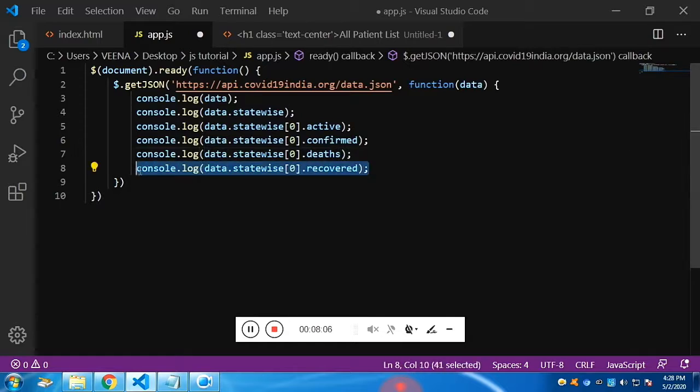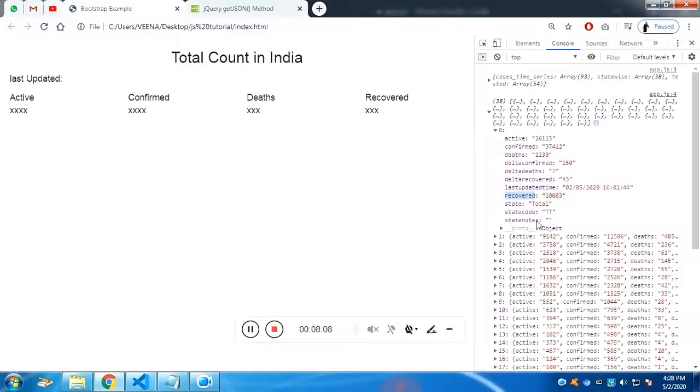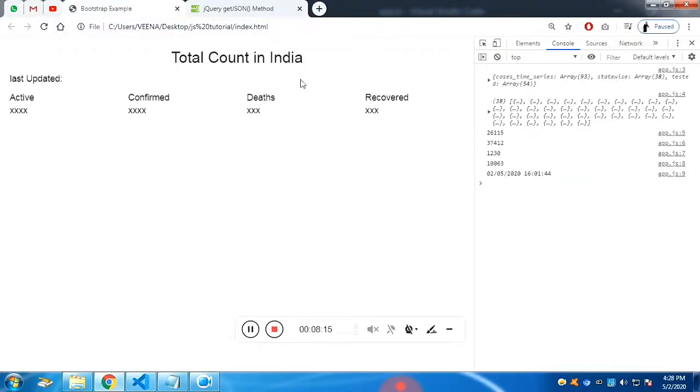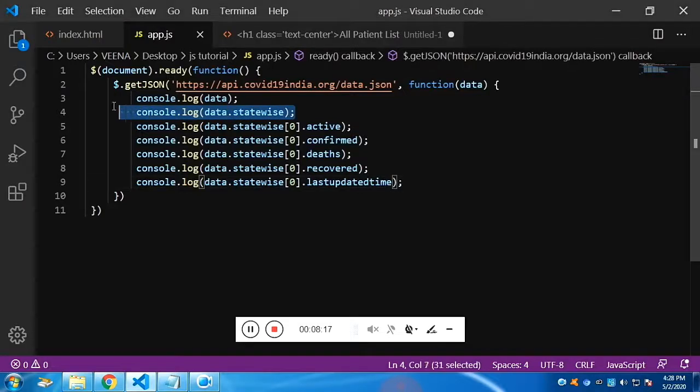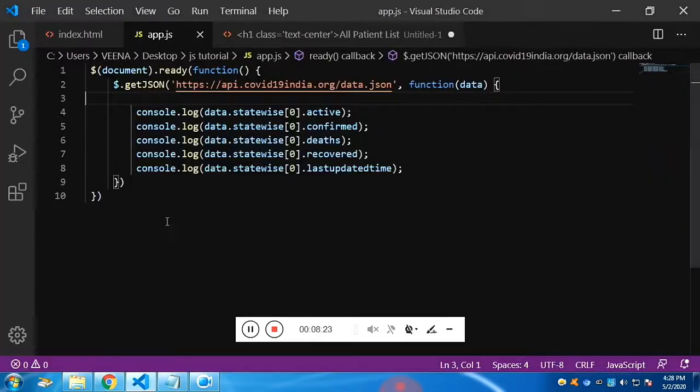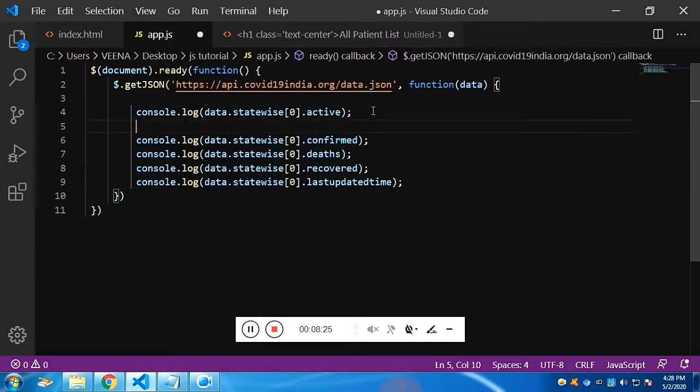As I said, this is index 0, that means this is the first value. The first value is the total number of all the active cases, total number of all the recovered cases, total number of all deaths. Fine, now you can see in the console we have got all the total numbers along with the last updated date.